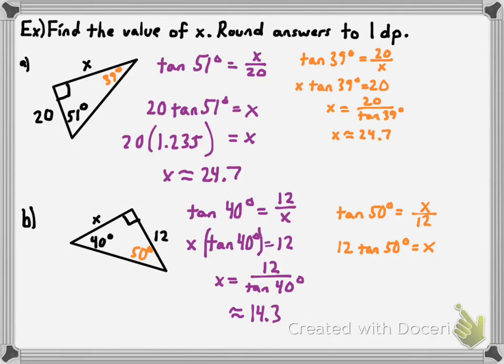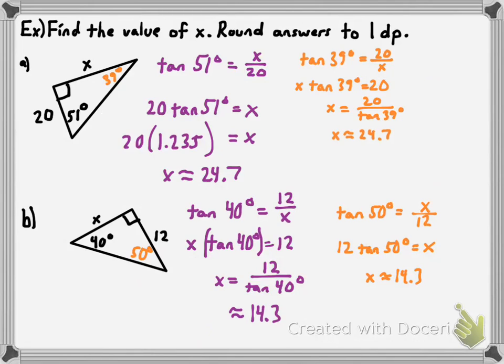Well, that happens to be the same thing as 12 divided by the tangent of 40 degrees. They both give you 14.3. All right, there you go. So that's how you use a tangent ratio to find a missing side length, and you have choices as to how you do it. While we're working with trigonometry, which is what we call this that we're doing, we're going